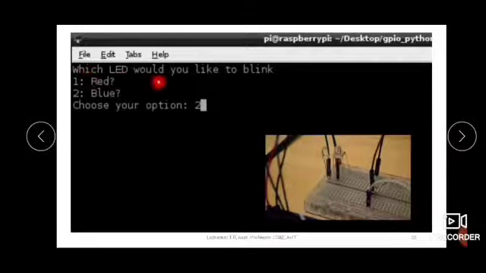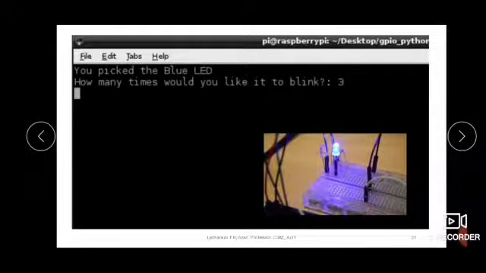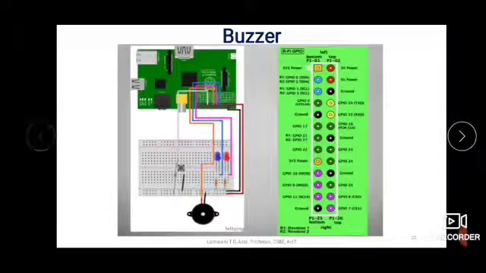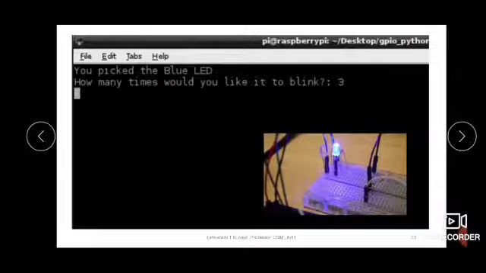Next time when you say which LED you would like to blink, you choose the LED 2, which is blue LED. So when you choose, blue LED will be on. So again it will ask how many times you would like the blue LED to blink. Again user gives 3. So now blue LED to be on 3 times. So it will be again 3 times blinking with 1 second delay, like this. Okay, like this 3 times it will be blinking.